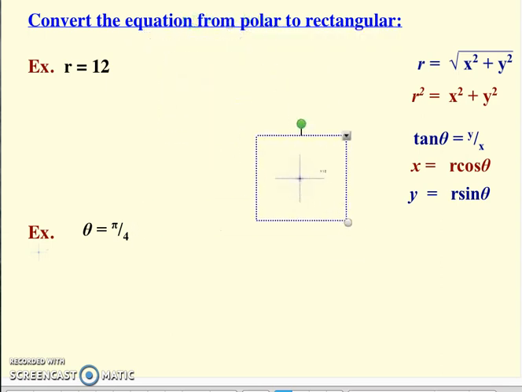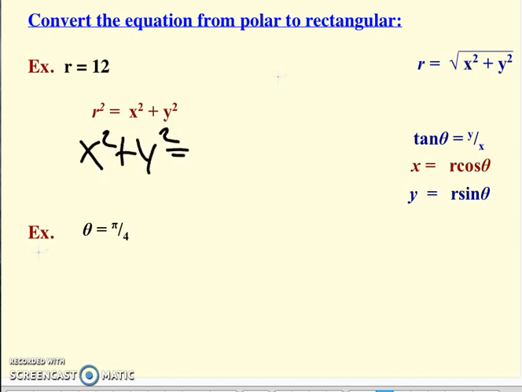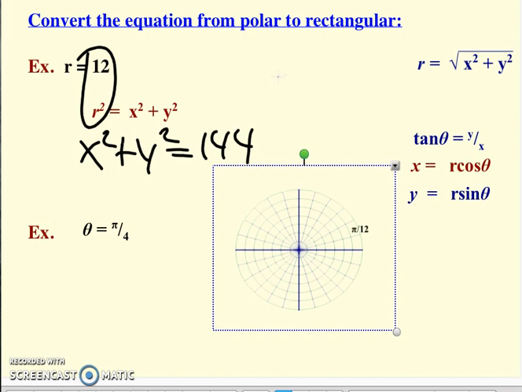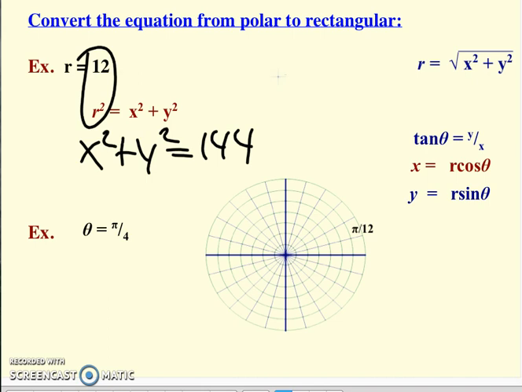Now, if you say to yourself, I don't know if I would have seen that, then maybe think about it like this. So x squared plus y squared equals 144. Now, also, next one, theta equals pi over 4. If you think about theta equals pi over 4 as a polar graph, and what that actually means, if I'm interpreting that as a polar graph, is that's the pi over 4 rotation line, radius